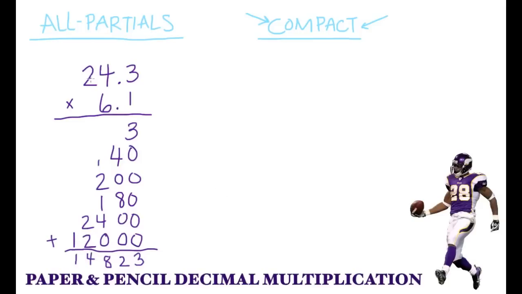Now, is 24 3/10 times 6 1/10 14,823? No way. If I do some estimating, I know that 6 times, what's easy? Let's call this about 20. 6 times 20 is going to be about 120. So it should be in the 3-digit range for the whole numbers. So I'm going to guess it's about 148